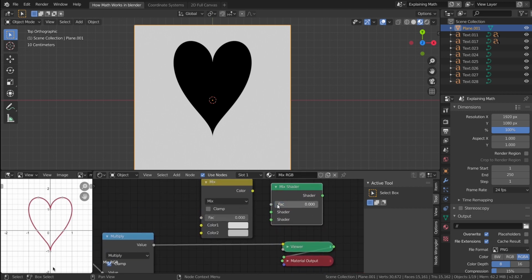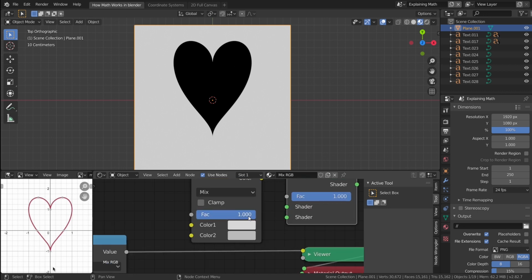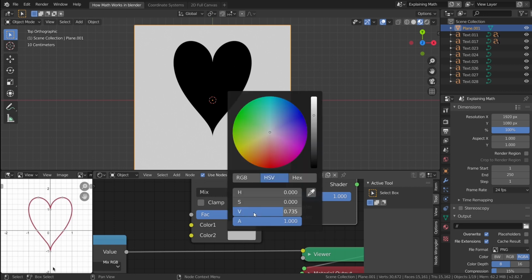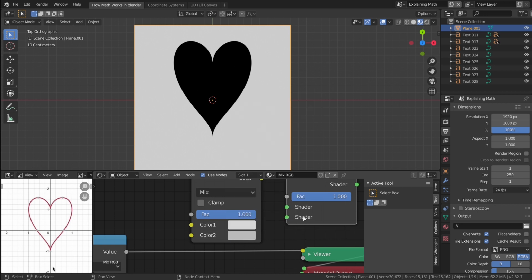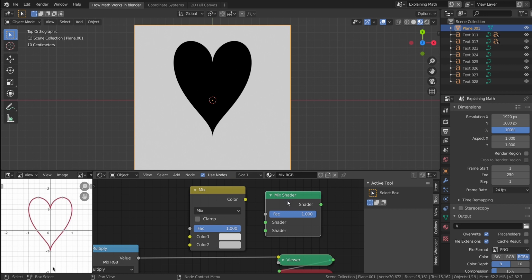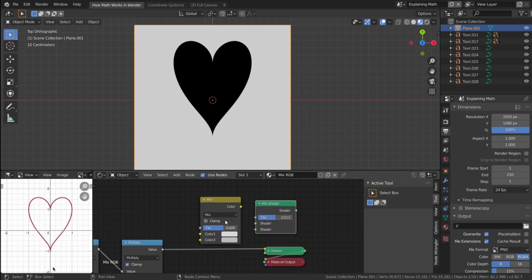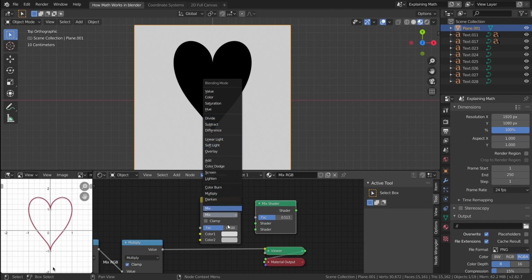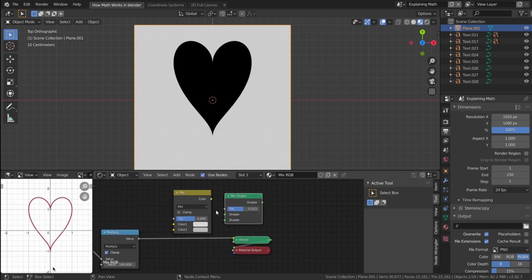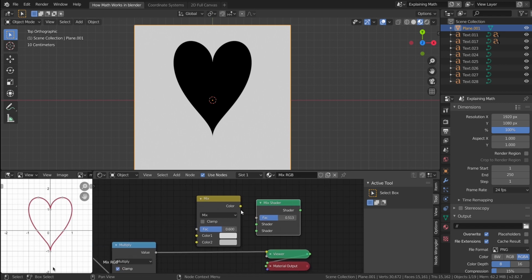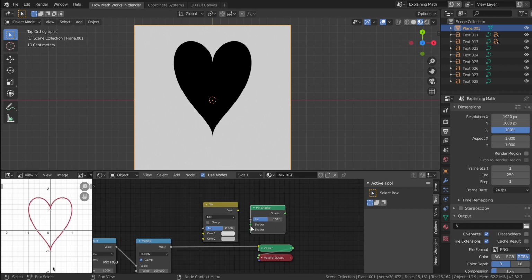In the same way, if we give a white image to the factor, it means the factor is equal to 1, which means it will take 100% of the bottom color or the bottom shader. If the image is somewhere in the range of gray, or between 0 and 1, it means it will take a little from each color or each shader and mix it based on the mode you have chosen. So basically the mask will decide how much of the top color or the bottom color is to be chosen. Now let me show what I mean.